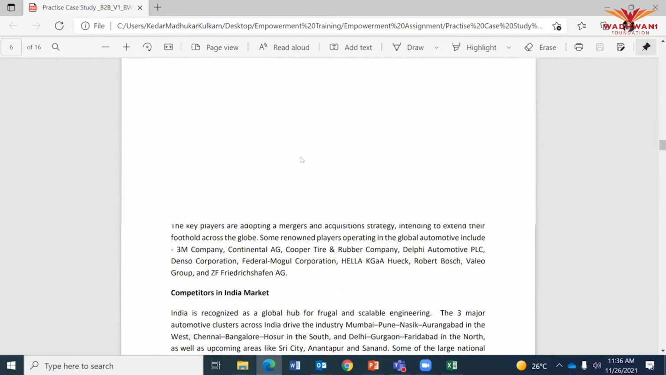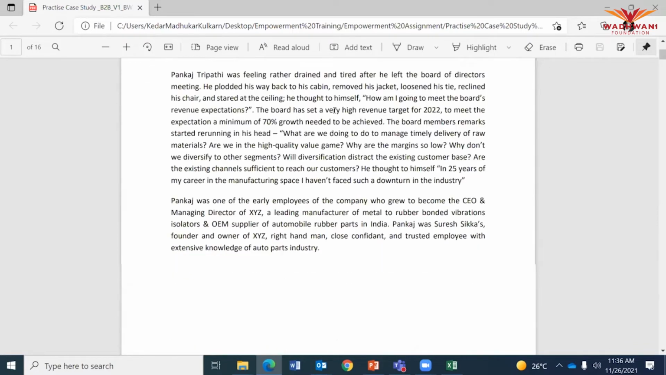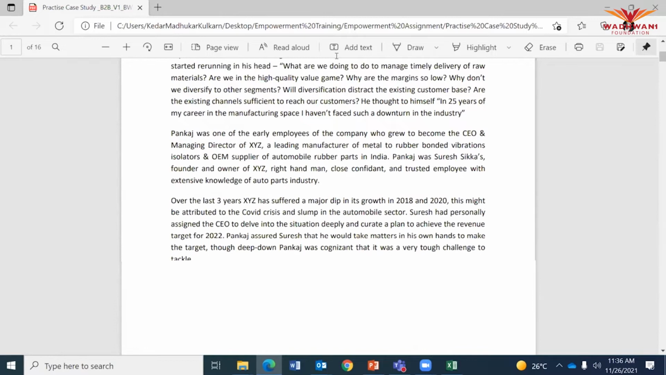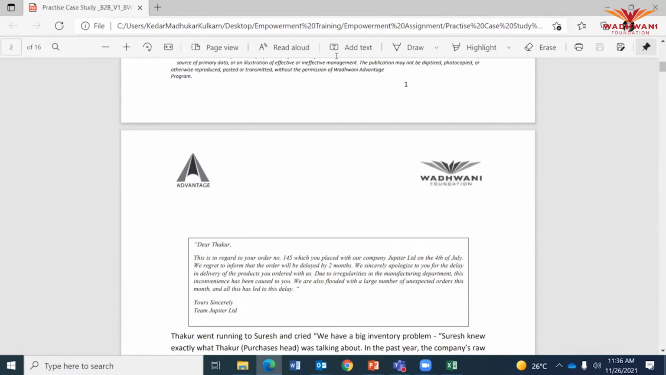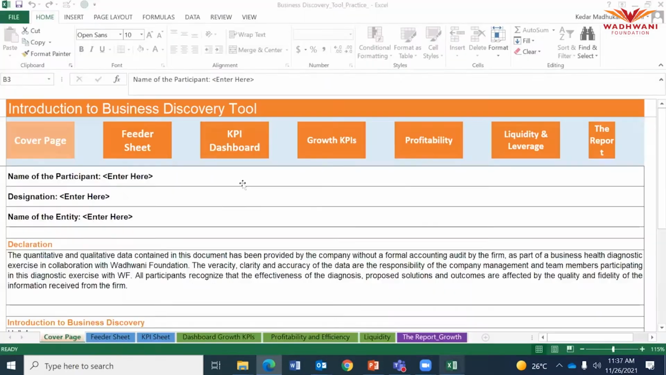Through this case study as a team. So if you're here today as a team, if there are 2-3 people from the same organization who have joined today's call, today's session, what we want you to do is, after you receive this case study, you as a team get together, go through this case study, and then what we want you to do is